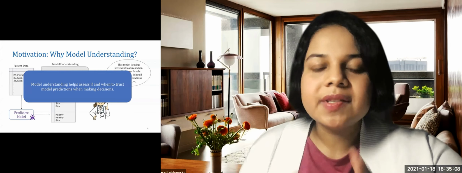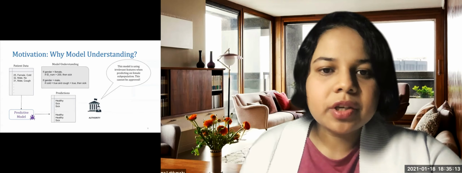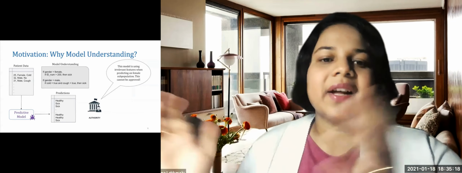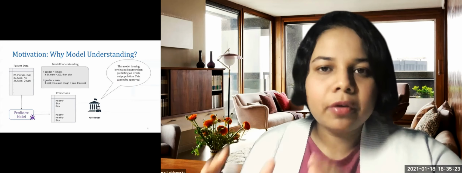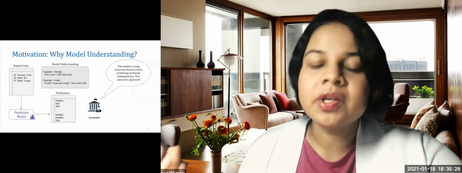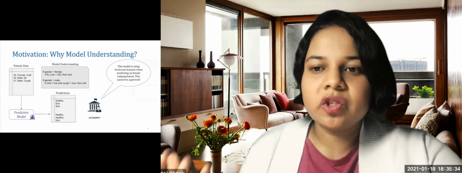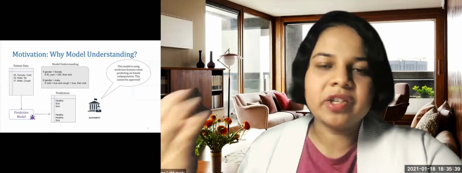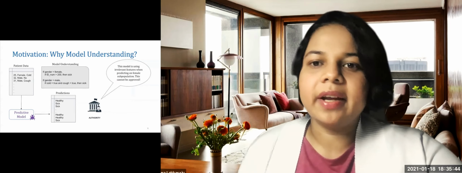Now let's look at the other side of the picture where there is a regulatory agency which is trying to determine if this model should be approved for broader deployment, for a more large scale deployment, right? And if this regulatory authority has this information that the model is actually using spurious features like ID numbers to make predictions on the female subpopulation, the regulatory agency might just determine that this model is probably not ready for a wider or large scale deployment and might deny the approval, right?